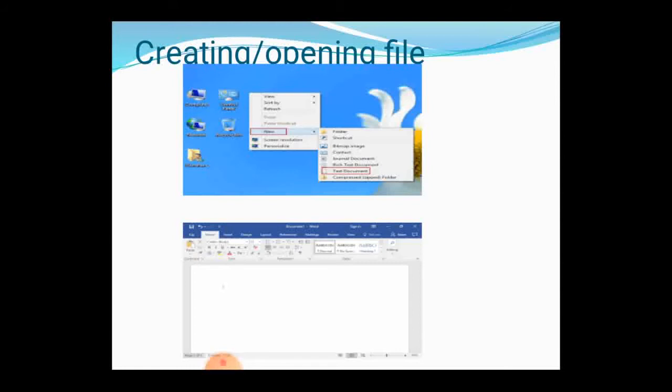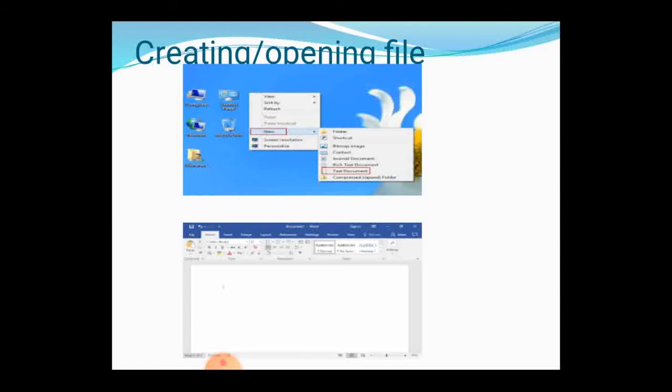So new folder, shortcut, then set up image, then contact, journal document, text document, and finally you have to click that text document.